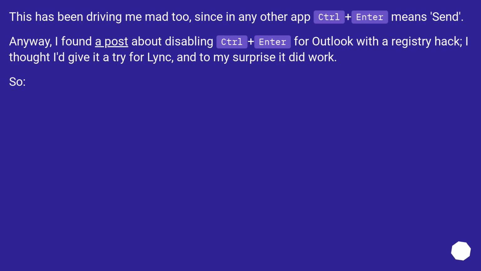This has been driving me mad too, since in any other app control+enter means send. Anyway, I found a post about disabling control+enter for Outlook with a registry hack. I thought I'd give it a try for Lync, and to my surprise it did work. So,